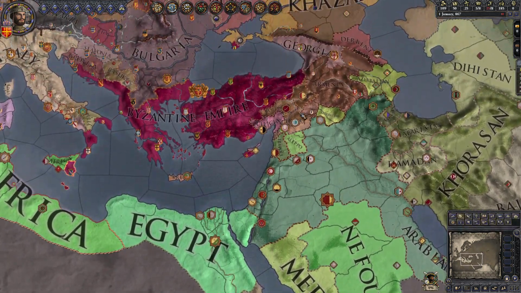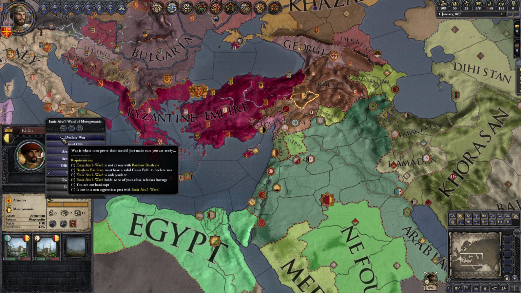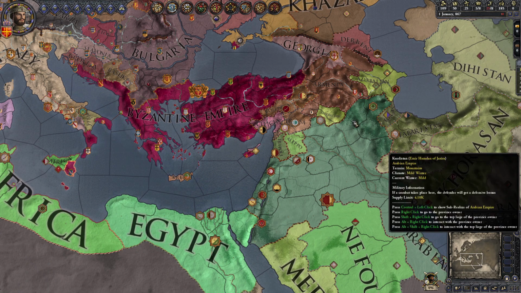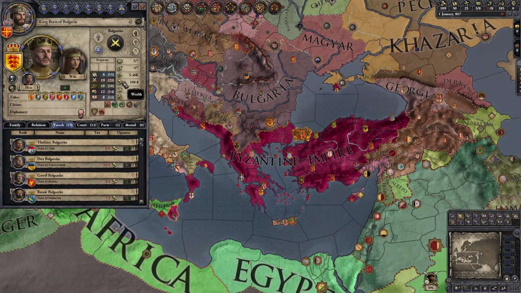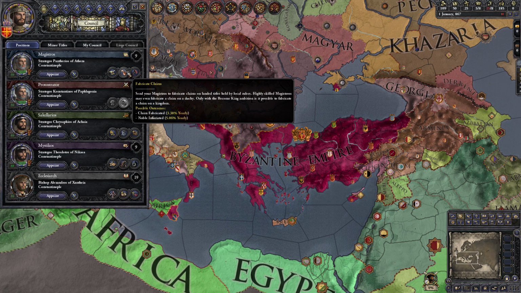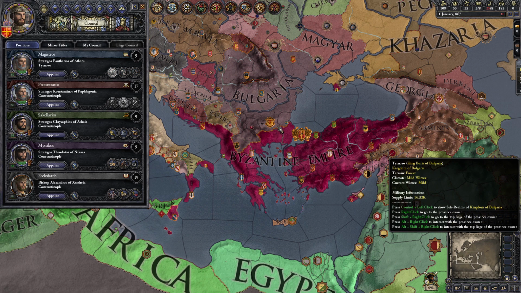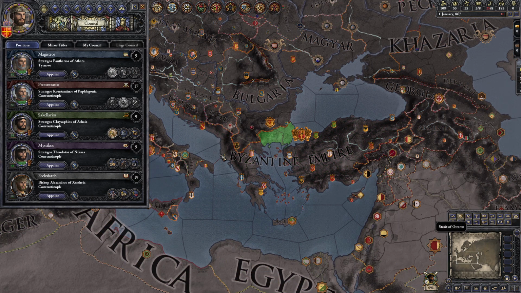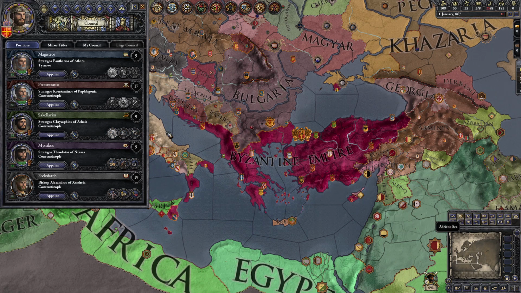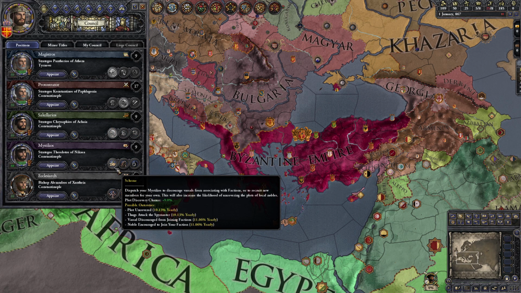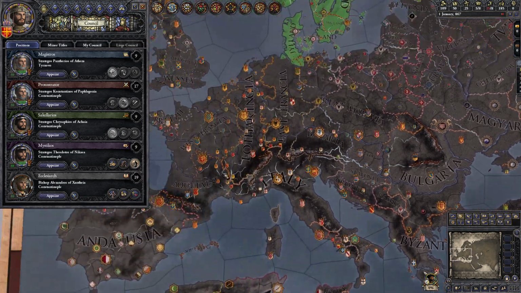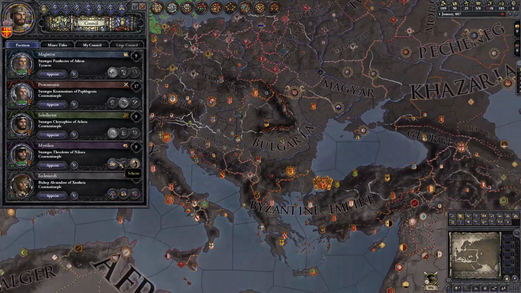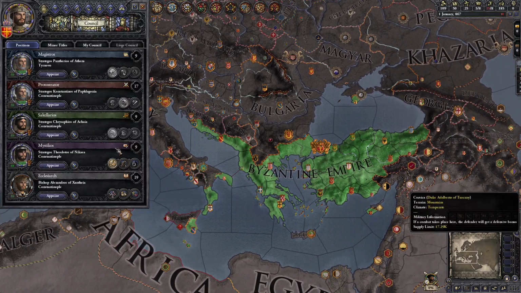Or we could... I could declare war on these areas, so I'm not going to bother there. Or Bulgaria. Bulgaria is a nice target, because we can then be allied and get marriages in their family and stuff like that. So actually, we'll do Bulgaria. Okay, we're going to collect some taxes. I want some more money. I do want to make sure that people aren't scheming against me, but at the same time... Oh, I am the most technologically advanced. Oh, except for ships.